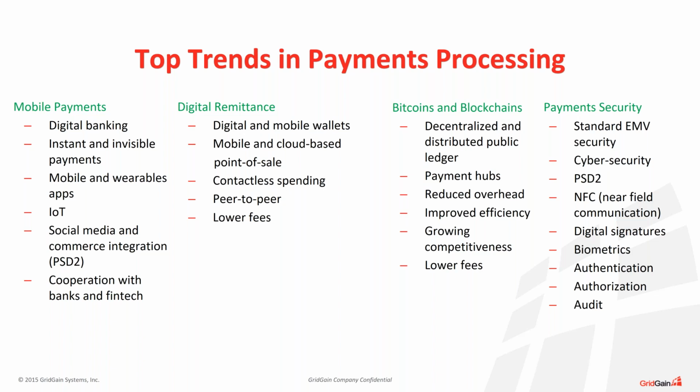Bitcoins and blockchains. We actually had a session on that a couple of months ago, and you may want to look into our recordings of that, because I was covering Bitcoins and blockchains extensively. So I'm not going to spend that much time here, but I think that's an area that fits very nicely with payments. The idea of a decentralized and distributed public ledger, payment hubs and lower fees, and basically creating a central, sort of distributed way of sending information, receiving information, knowing each transaction and keeping track of everything, downloading the full book of records every time you're connecting to this network,